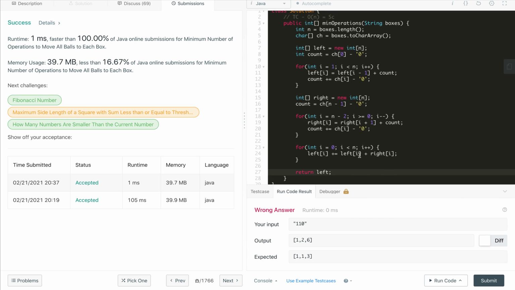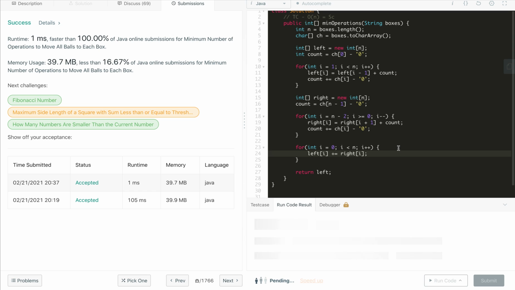There is some typo here. Right of 0 we are adding this value, right of n minus 1 will be here. So, this should add the value at 0. Left of I is equal to, we do not need this. If we are using plus equal, then we do not especially need to add this. So, this should work now, that is it.